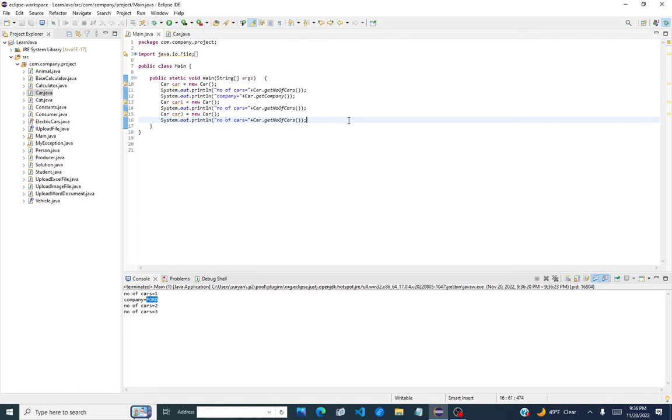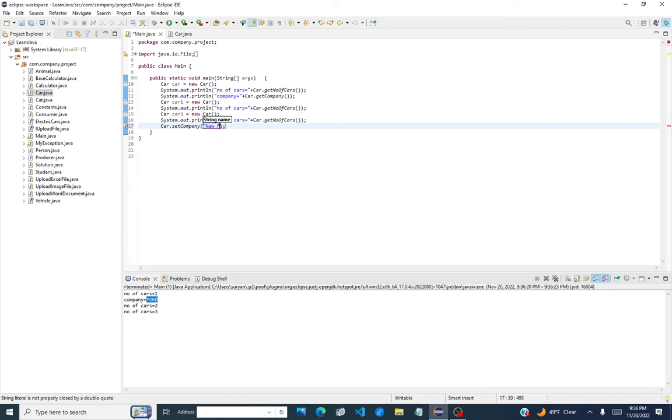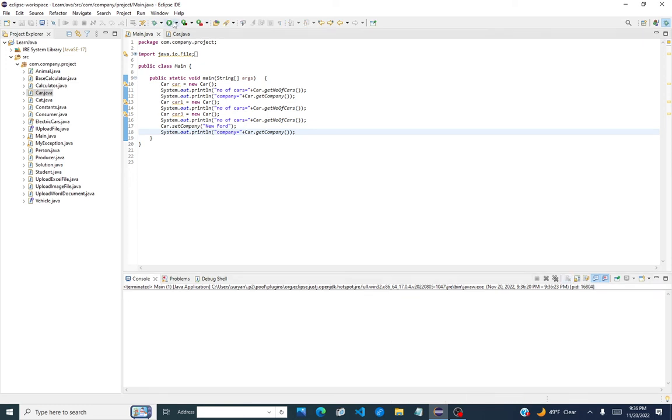But let's say I want to go down here and say Car dot setCompany, and I want to say new Ford. Let's say they want to change their name, and if I print it after this one, now it's called new Ford. So you see, the static variable is tied to the class and is shared across all the objects which